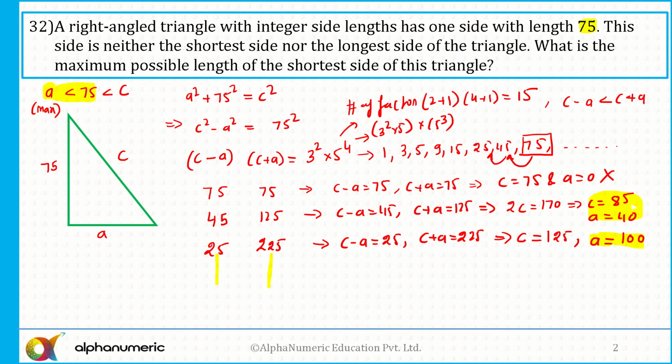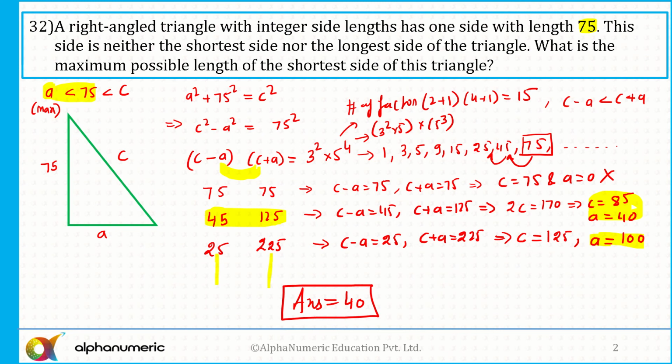So it's not necessary to write down. You should just remember one thing. Try to make sure that both the numbers, c minus a and c plus a, are very, very close to each other. So the closest one is nothing but 45 into 125. Remember, they can't be equal. So if they can't be equal, they must make sure that they are very, very close. Then only you will get the value of a which will be lesser than 75. Okay. So here in this case, it will come out to be 40. So the correct answer for this question is nothing but 40. So I can say our answer is 40. So I hope that it is clear to all of you.